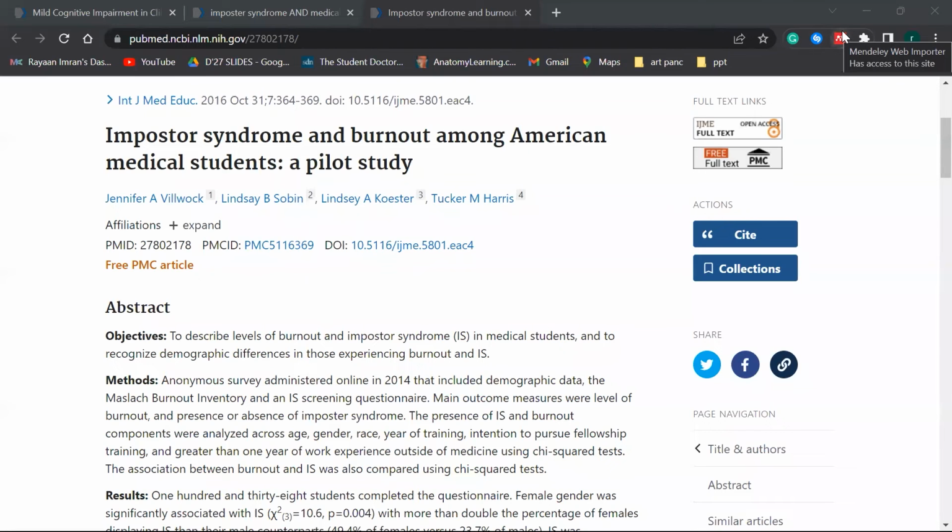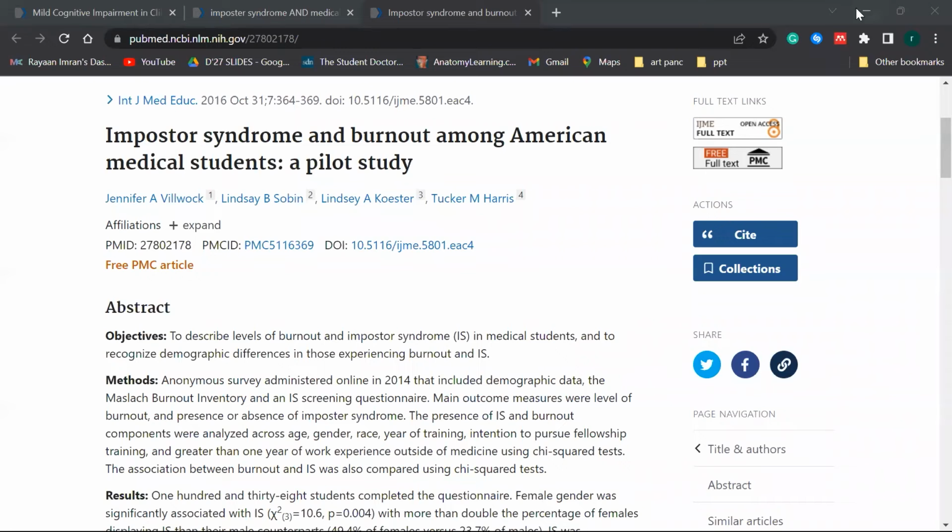There are 3 things that I'm going to show you. This is one of them, the Mendeley Web Exporter. So I'm going to write this down: Mendeley Web Exporter extension. This is available on Google Chrome as well as on Microsoft Edge, and other browsers. So I see this, and I've put it here.